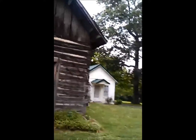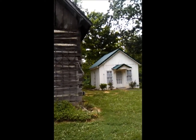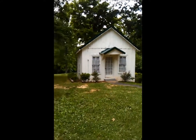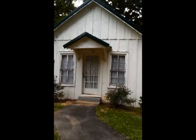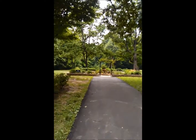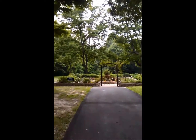This bush smells very spicy too. Too bad we don't have smell-o-vision. Maybe y'all could tell me what it is. It's big. They use this for photo props a lot. If you can see, there's that building and that building, and they use those for photo props a whole lot. I come up here sometimes and collect acorns off the ground, which helps them, but also allows me to have inexpensive decorations for different parties. And then they have this lovely garden back here, which is where the Ridgetop Garden Club meets. But just going to take you a quick walk through here, and then I'm going back to my car,